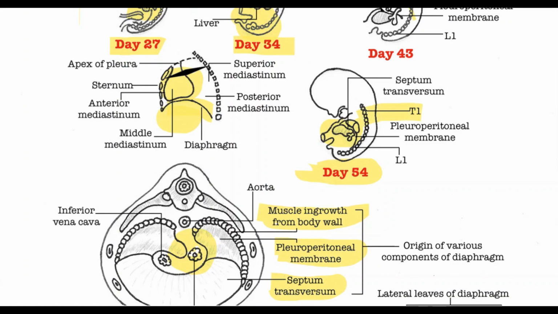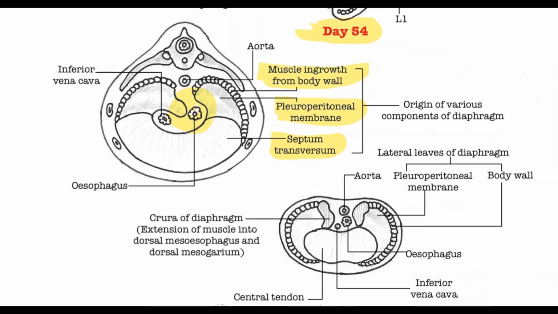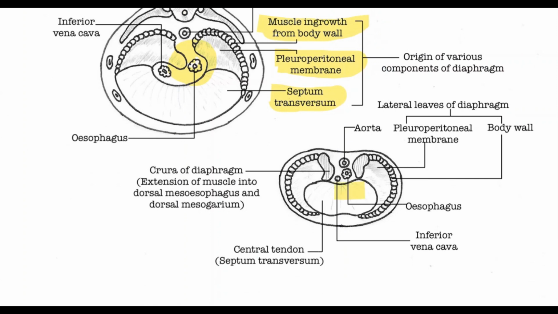The superior part of the septum transversum gives rise to the central tendon of the diaphragm. This becomes the origin of the myoblasts that invade the pleuroperitoneal folds, which results in the formation of the muscular diaphragm. The inferior part of the septum transversum is invaded by the growing liver, which cleaves away from the gut